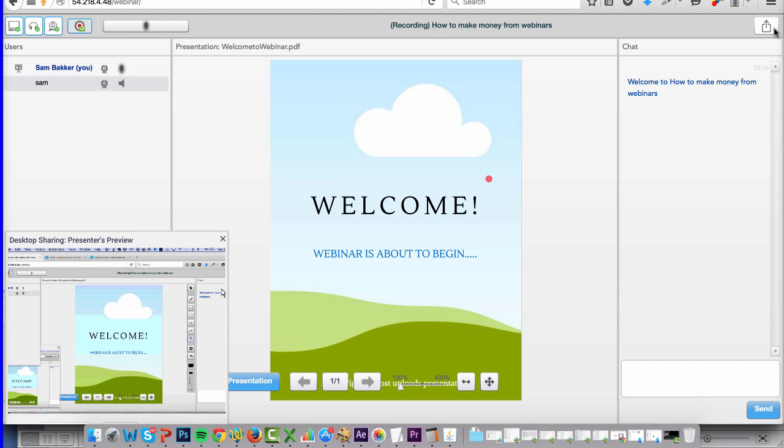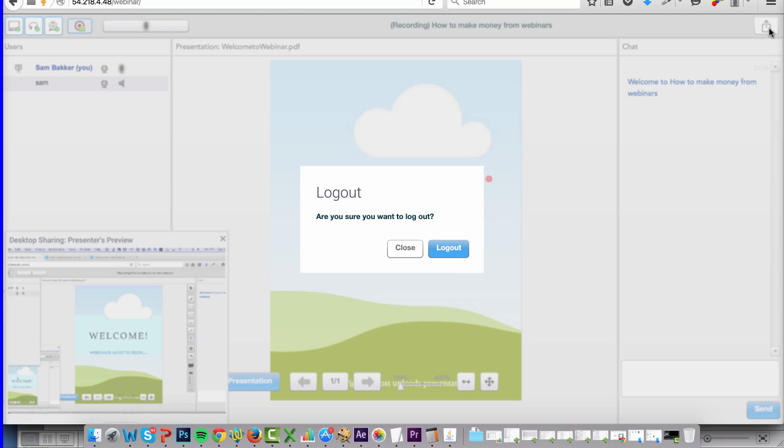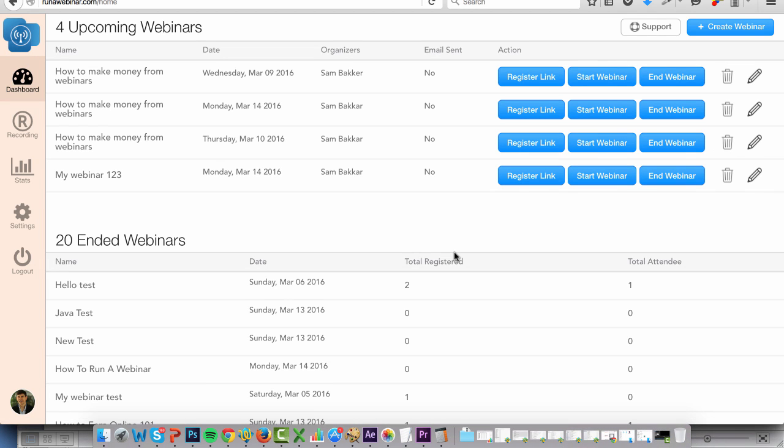Now, when we're ready to finish, then we click log off. We want to log out. We log off, and within a few minutes, what's going to happen is, first of all, it'll take people to where we want to take them. So it could take them to a sales page. It could take them to wherever we want them to go. Now what we're going to do is we're back here. We've finished our webinar. We've logged off our webinar successfully, and the next thing to do is to get the